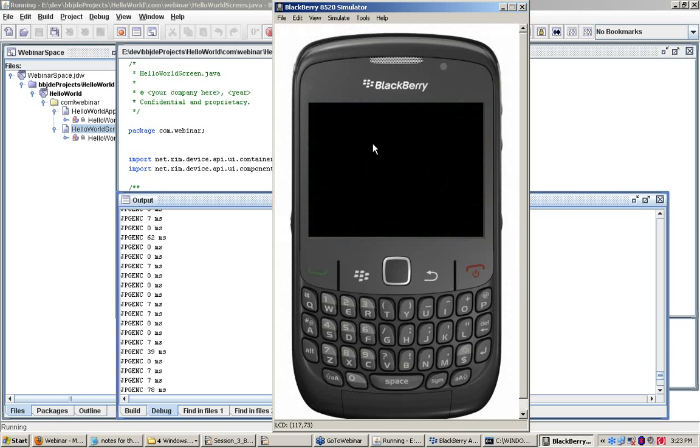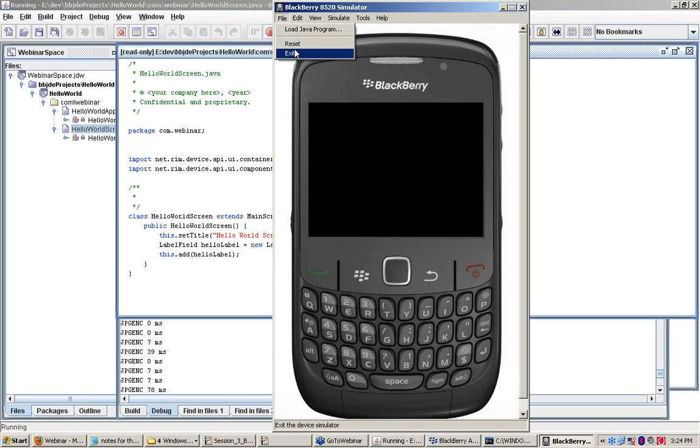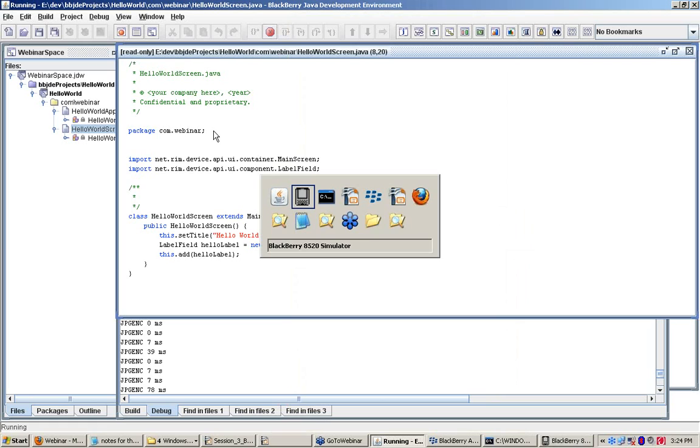You have the simulator available all the time with you, and then you can keep on loading your Java program again and again. Then you don't have to worry. So you can always see the application running on the simulator. But if you launch from this JDE, it takes a while. But I think in OS 6 and higher versions, if you have a good machine, it launches much more quickly. So I'll just close this, and let's get back to our